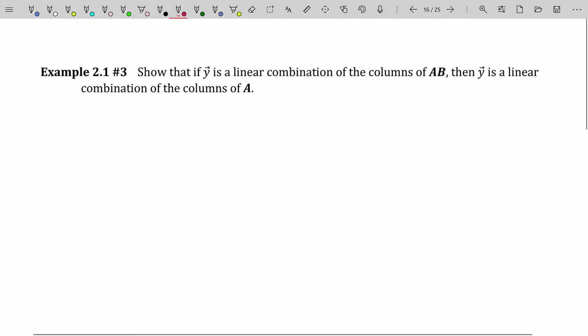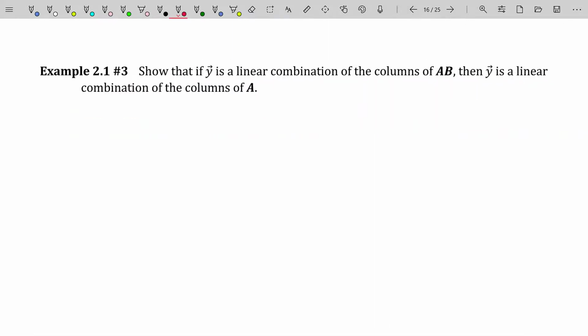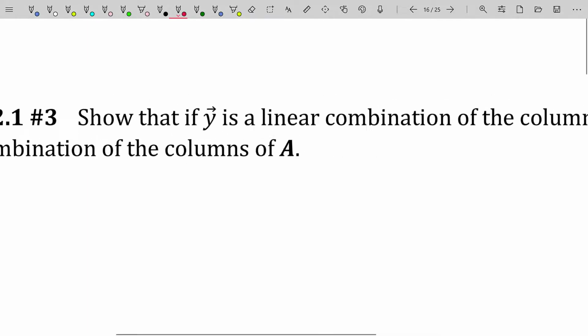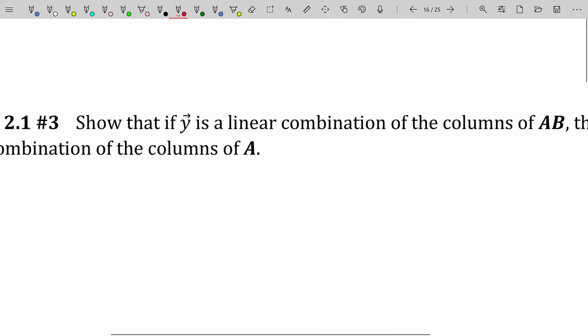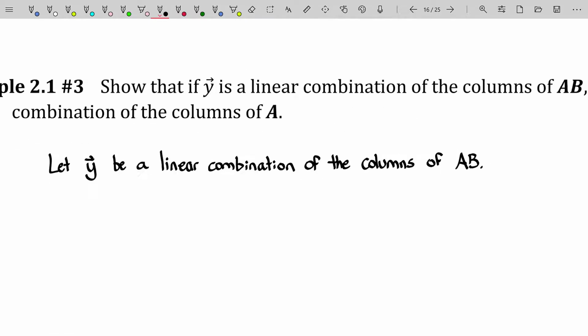Now, this is more of a concept question that you'd run into in a textbook or something like that. And it's just stating that if you have a vector y that's a linear combination of the columns of AB, then y must be a linear combination of the columns of A. Let's start with the assumption that y is a linear combination of the columns of AB. Well, remember, the columns of AB